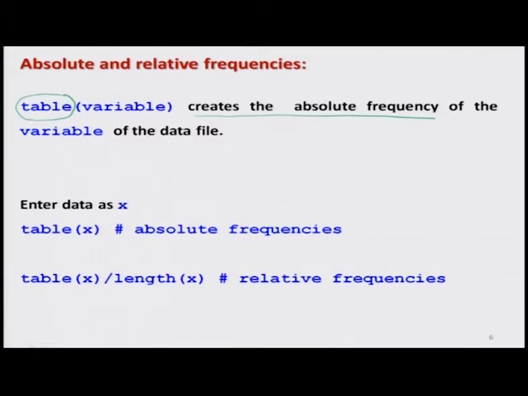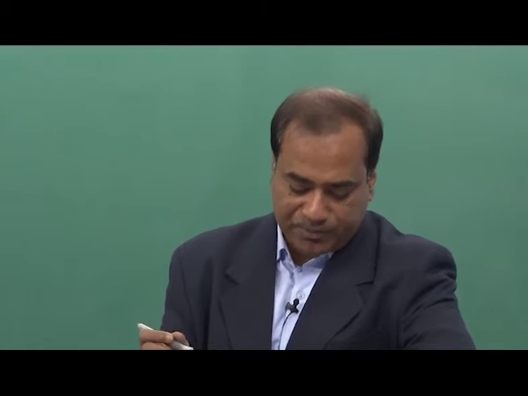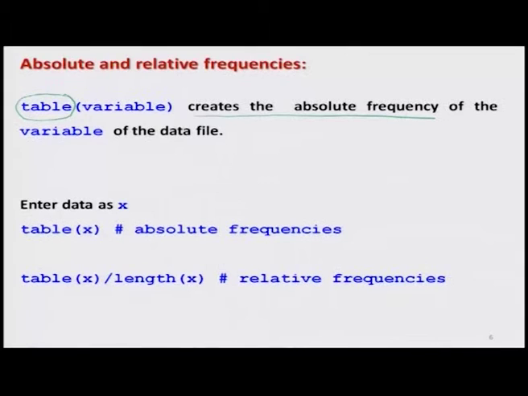Variable is something on which we try to obtain the data. For example, if I say my variable is height, that means I am going to measure the height of persons. Here in this case, my variable is gender. So, I am going to collect the information on the gender of the person, right. So, the syntax here is that you write down table, then inside the argument you have to write down the data or the variable name, whatever you want. So, suppose I have entered the data in a vector say x, then in order to find out the absolute frequency, the command becomes table and inside the argument x.